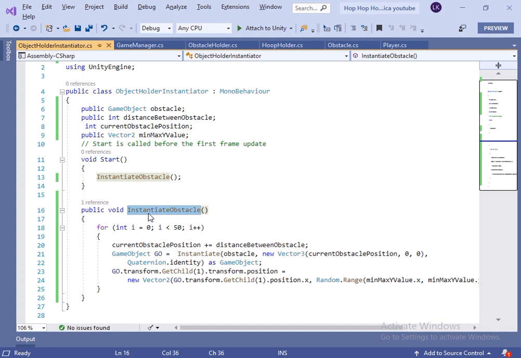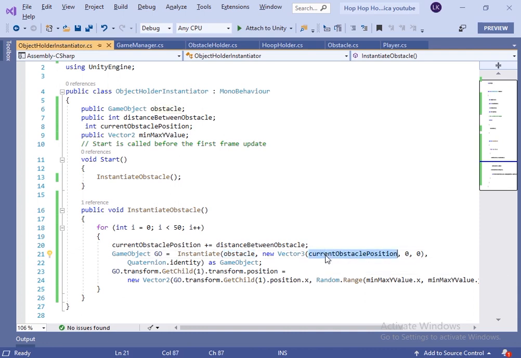Inside this method, I have run a for loop from 0 to 50. We will generate 50 obstacles. First of all, let's add the distance between obstacle to the current obstacle position and instantiate the object at the current obstacle position. The y and z will be 0.